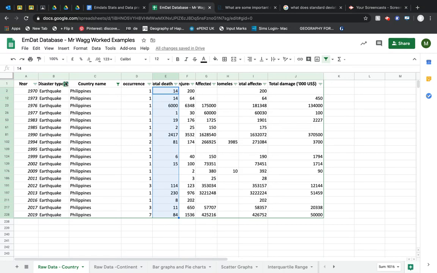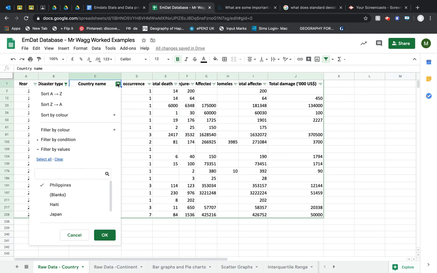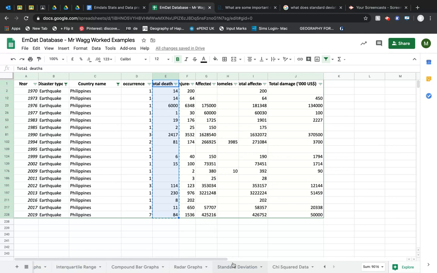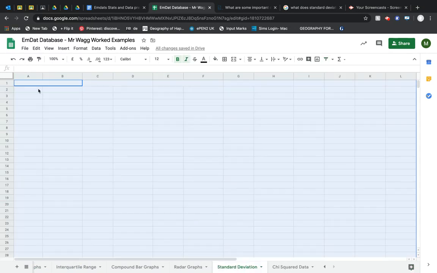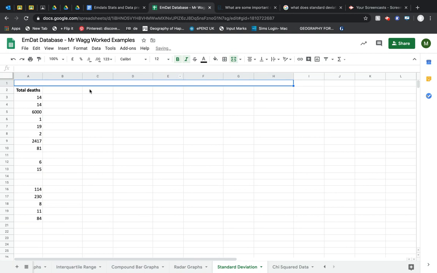At the moment, I've got this filter set for earthquakes in the Philippines. Okay, so that's the only two I've got. Once I've done that, our table is interested in deaths, so I can select the death toll, Command C, go across to the tab I've already set up here, standard deviation, and Command V. Now you notice some of these cells look slightly different. Just going to